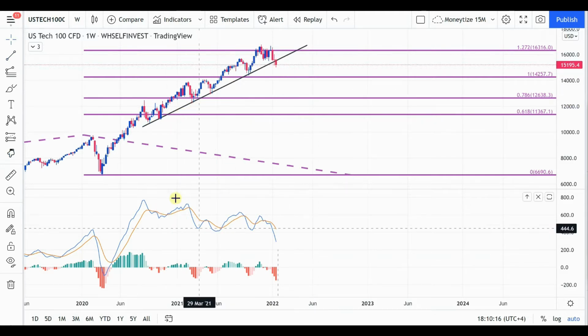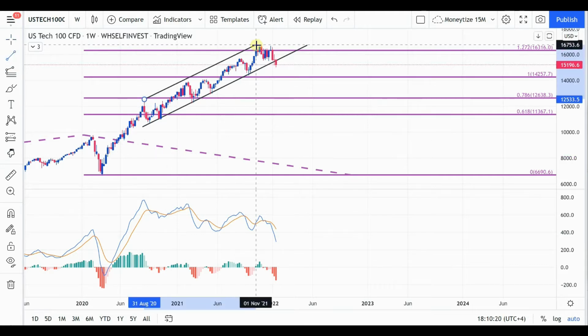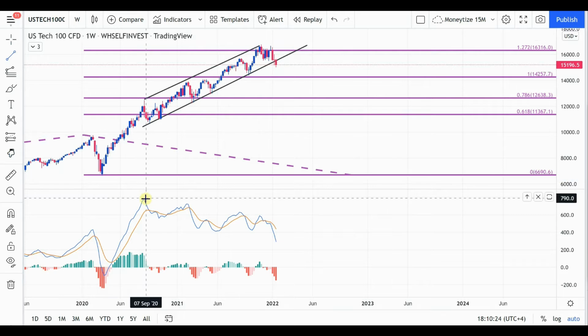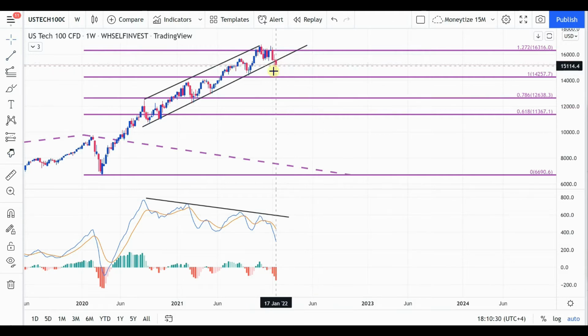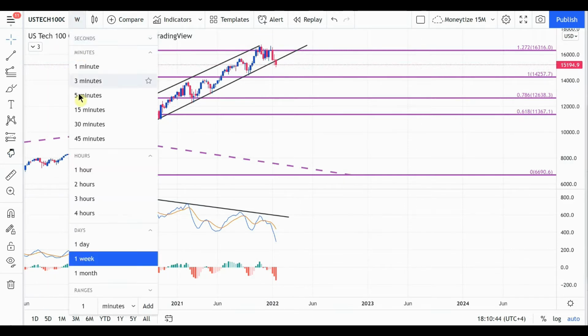So we have bearish divergence between the high points and on the MACD, along with the break of the rising trend line. You can also say we have a parallel channel, a rising channel, and now the price has broken below the rising channel. If we turn to daily now,